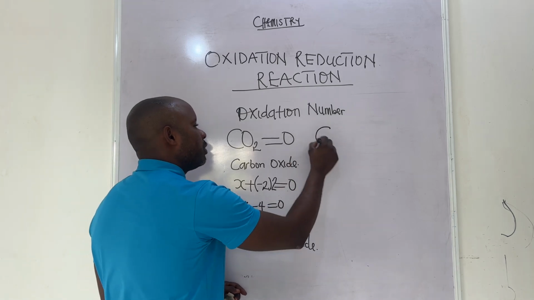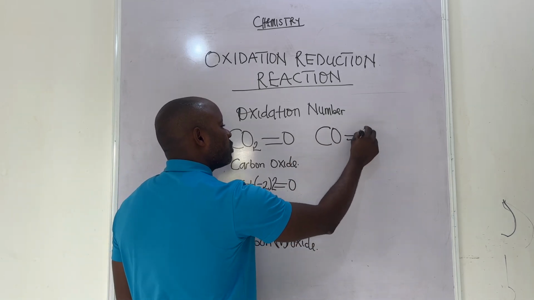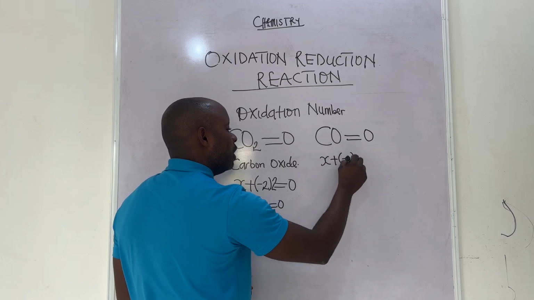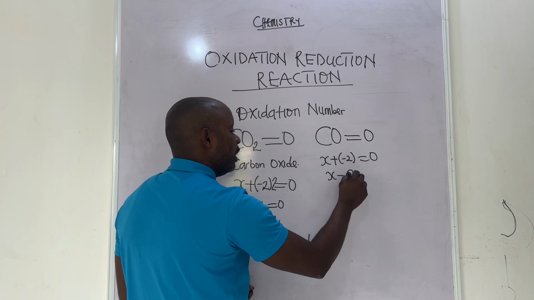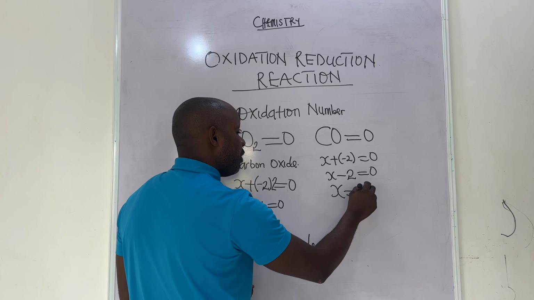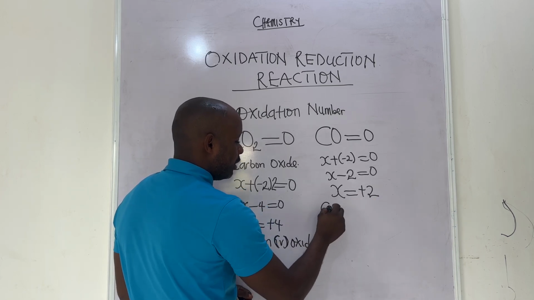Let's use carbon 2. We equate the compound to 0. S plus (-2) is equal to 0, so S is equal to +2. This is to say, this is carbon